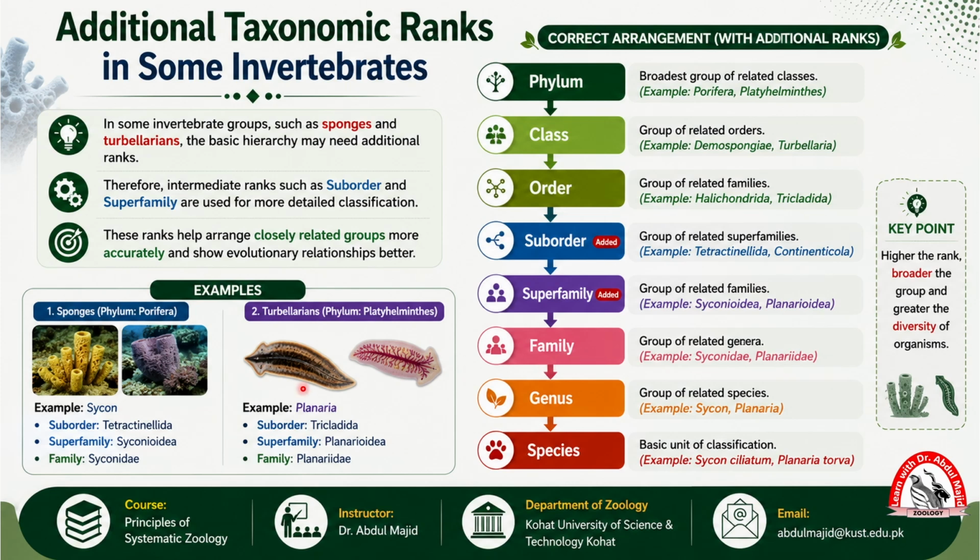For example, in sponges, phylum Porifera and Planaria or turbellarians, phylum Platyhelminthes. These intermediate categories help scientists classify organisms more accurately and show evolutionary relationships more clearly. Remember an important point: the more complex and diverse a group becomes, the more additional taxonomic ranks may be needed